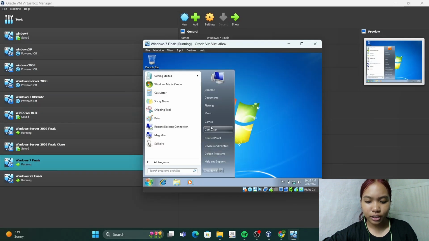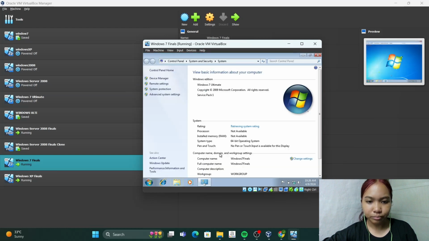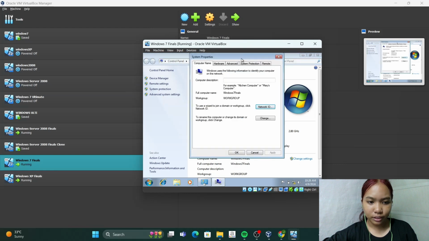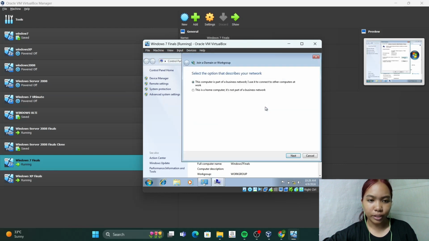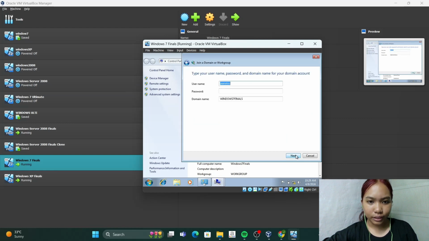First is to go to Computer Properties and click Change Settings and go to Network ID. Click next, next, and then provide the username and password, and the domain name should be tpt.com.